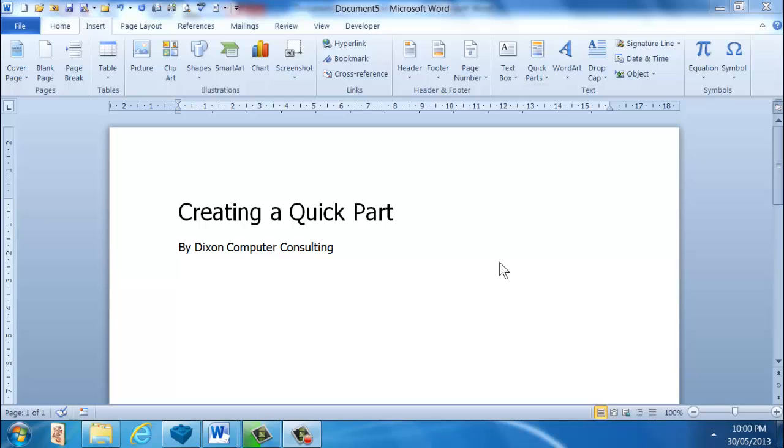A quick part can be any element that contains text, whether it be a table or some text, or a picture that you scan. On our new blank document, what we're going to do is create our own company letterhead. This could be for your organisation, or it could be your personal letterhead. We're going to put it in the header and the footer. So if we go to the Insert tab and then go across and click on Header,